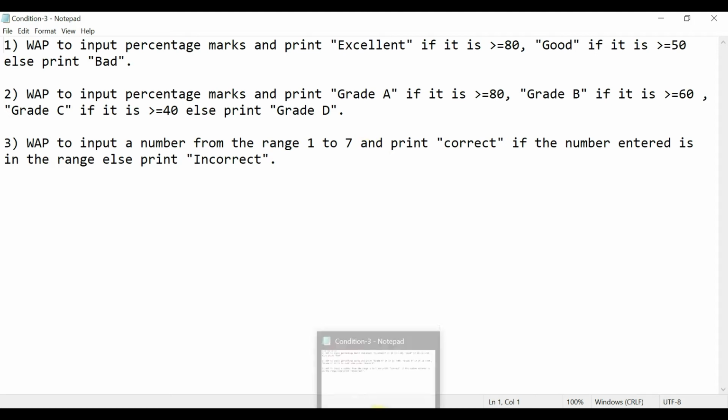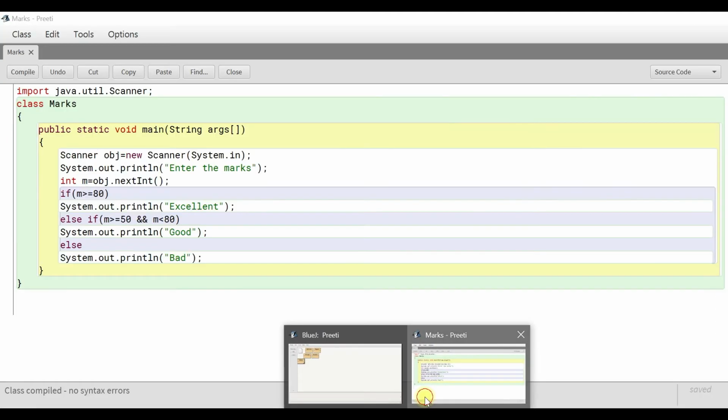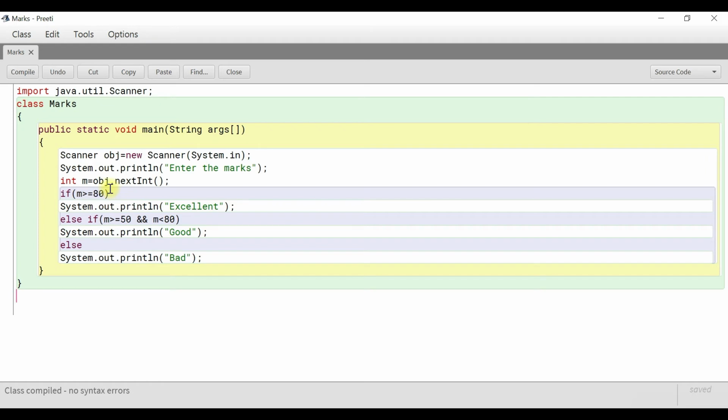Okay. So what changes shall I do? In the same program I am making the changes. So first is if marks greater than or equal to 80, then it should display grade A. The second condition is if marks greater than or equal to 60, then in that case grade B. So if marks greater than or equal to 60 and less than 80.